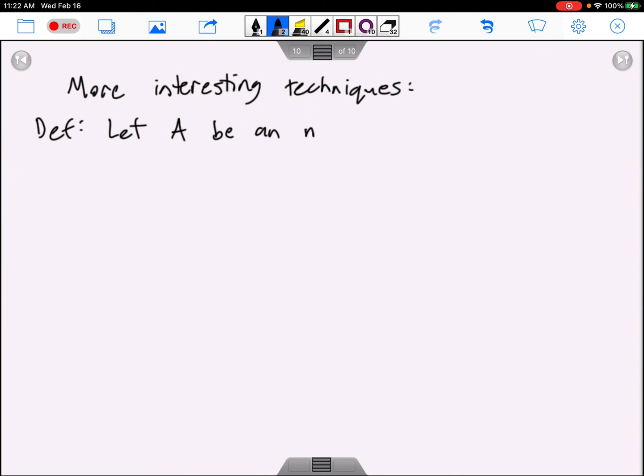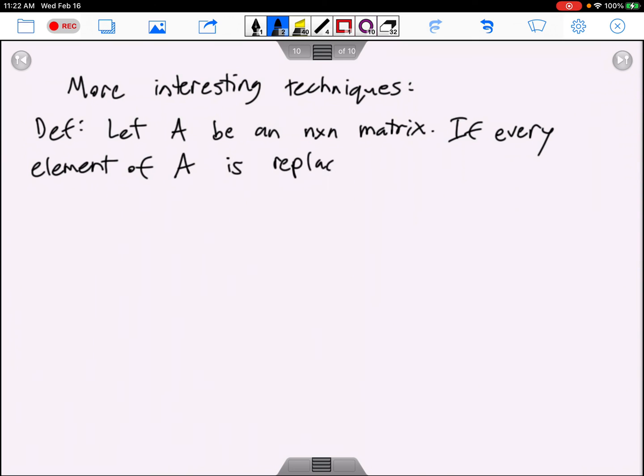Let A be an n by n matrix, if every element of A is replaced